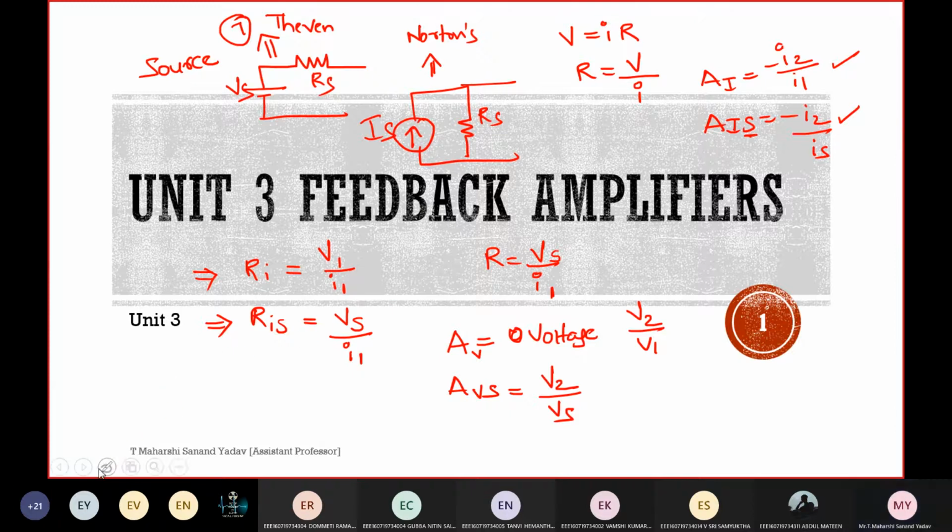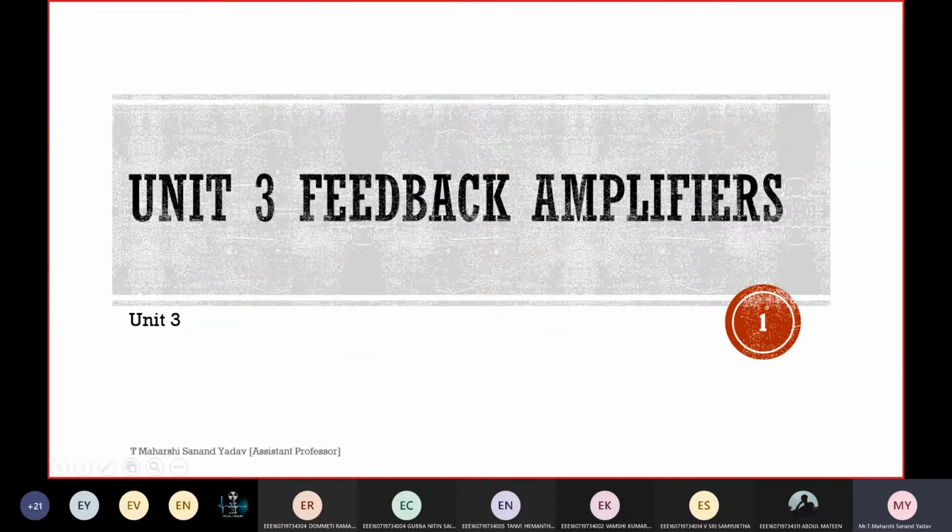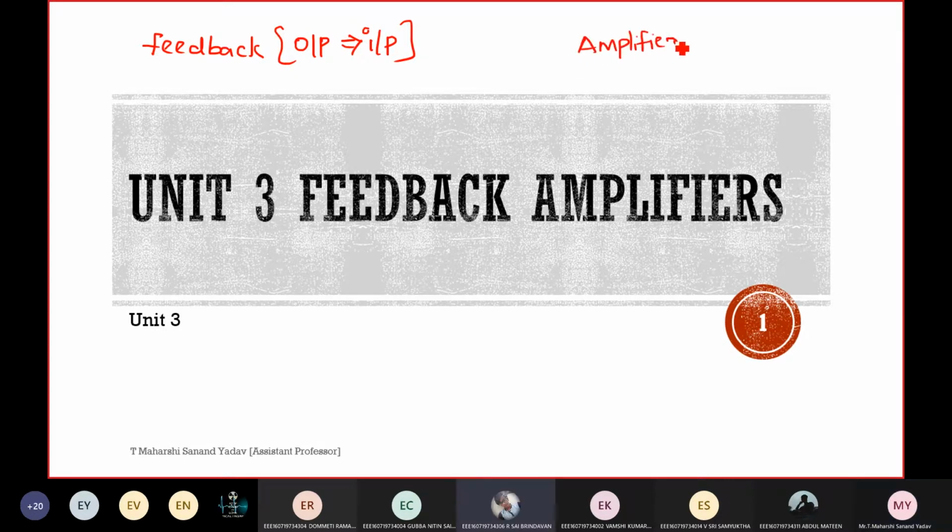Okay. So today let us start unit number 3. Already I've told you about feedback. What is feedback? Adding part of the output to the input, sir. Good. Adding some of the output to input. Why should I add? To know the output value, sir, whether the input is able to satisfy the output or not. Okay, that is correct. And any more? For better gain, sir. Okay, we shall discuss whether your point is correct or not.